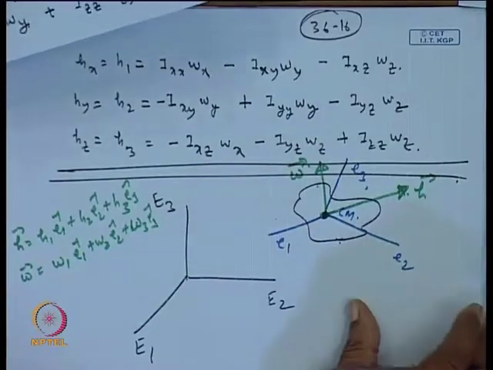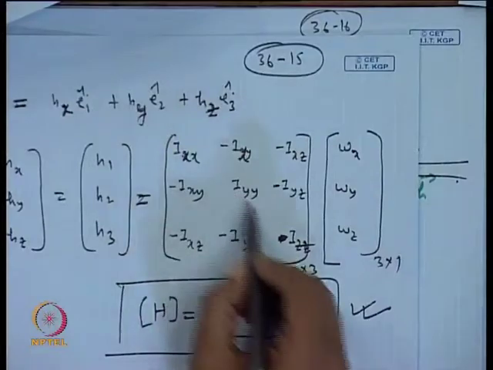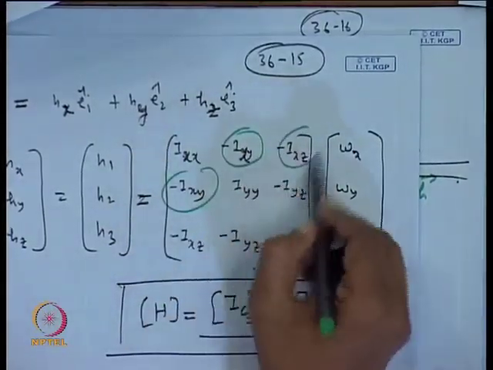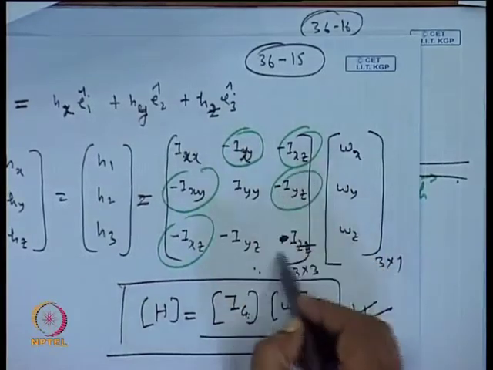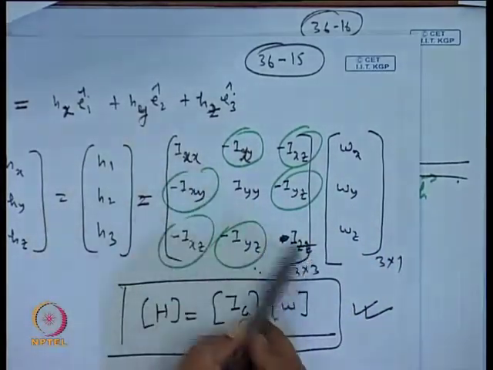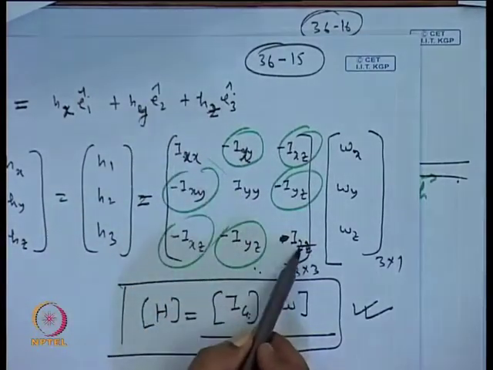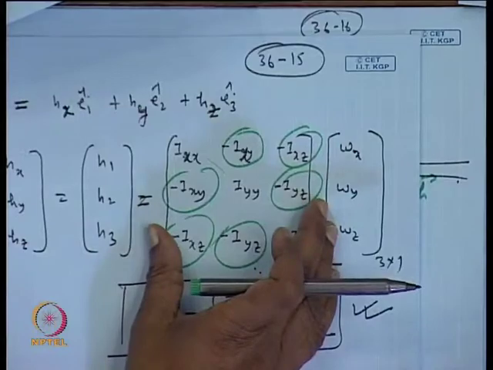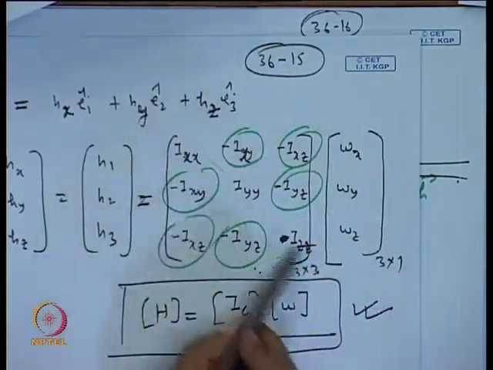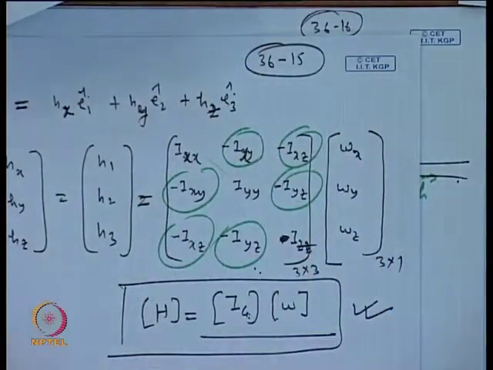So, principal axes fundamentals we have already seen: in this matrix, the inertia matrix, if the off diagonal terms all become 0, leaving only the diagonal terms, then we call them the principal directions. Given a real symmetric matrix, you can always reduce it into a diagonal matrix, that is, you can make the off diagonal terms 0.